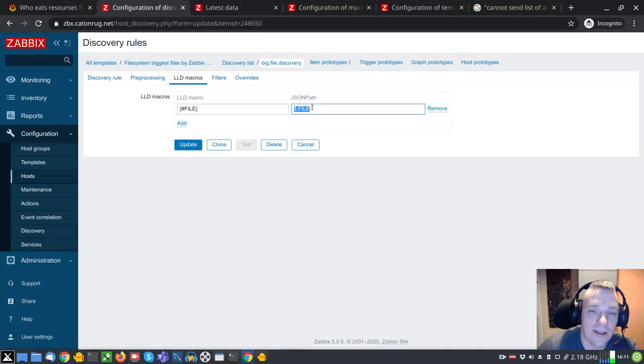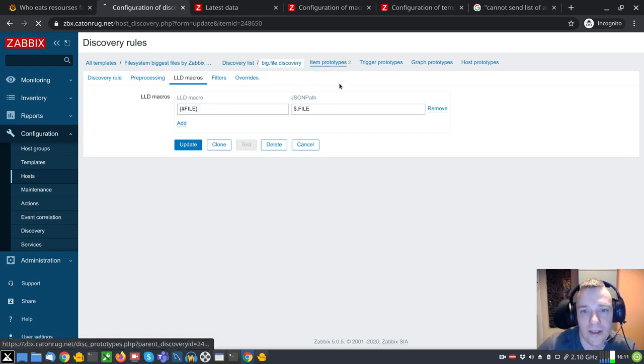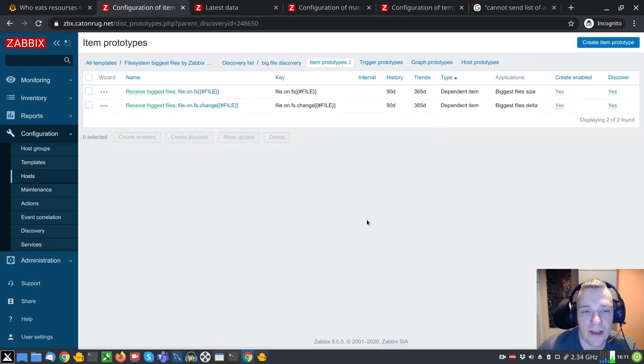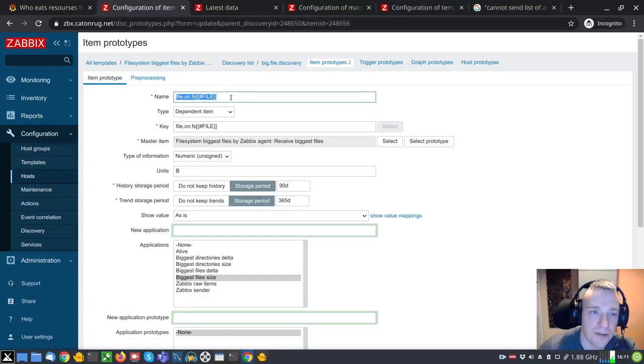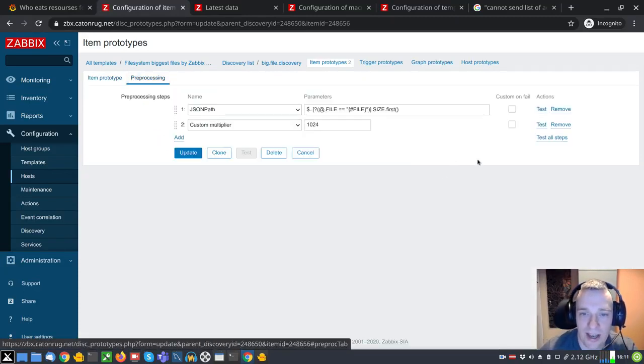We are locating the file node and putting it inside the low-level discovery macro. And the item prototypes, finally, to have these dots, and I have two items. One is like the raw line, how big is the file, and under the pre-processing tab, this is the syntax,